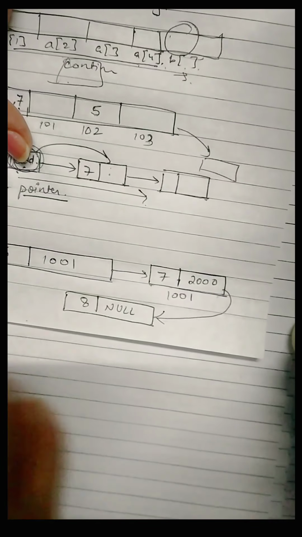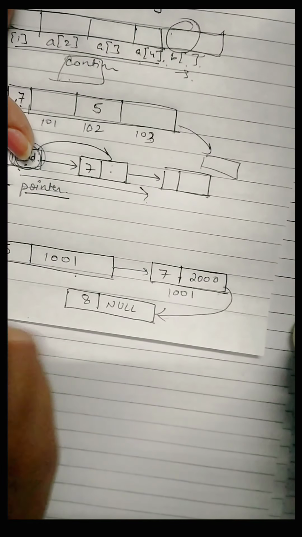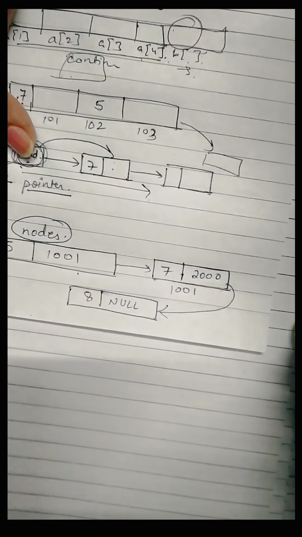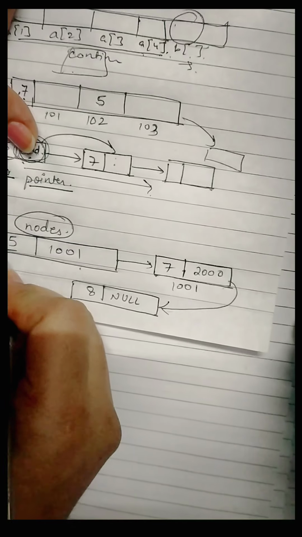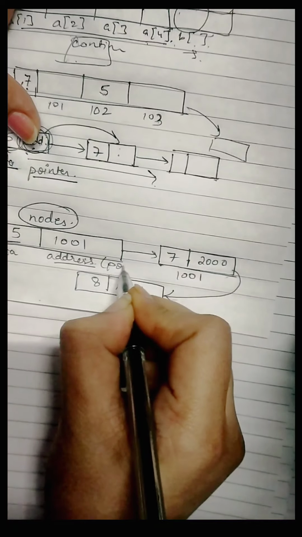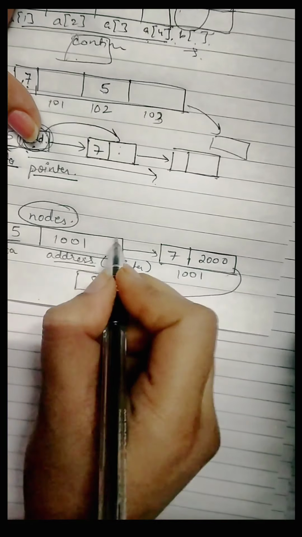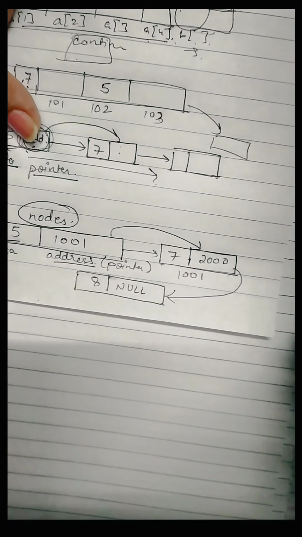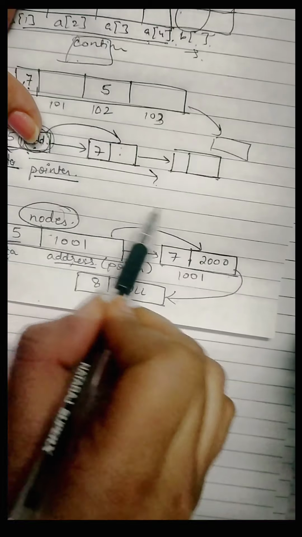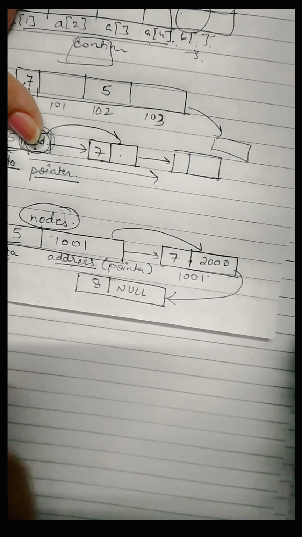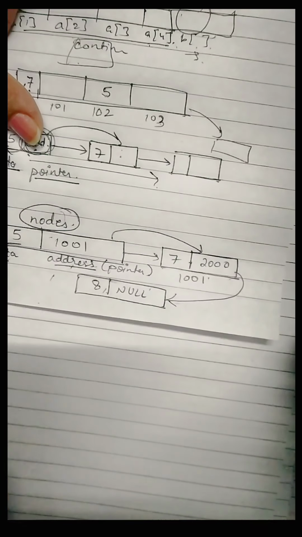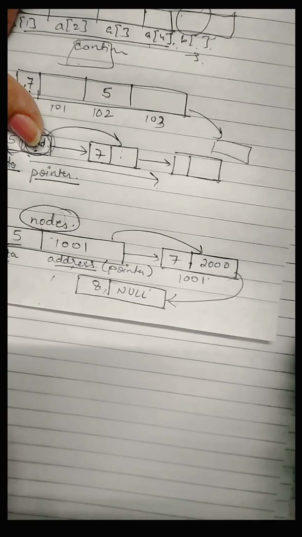So for now, you should be clear that in a linked list we have nodes. So what is a node? A node is simply something that contains your data and the address. Now the address is a pointer variable because it will store the address of the next memory location. So you should be clear, a node will consist of 2 parts, the data and the address. The address will be the part that will be focusing on the next memory location where the data is stored. So obviously this is not continuous, it is located dynamically along the memory space.